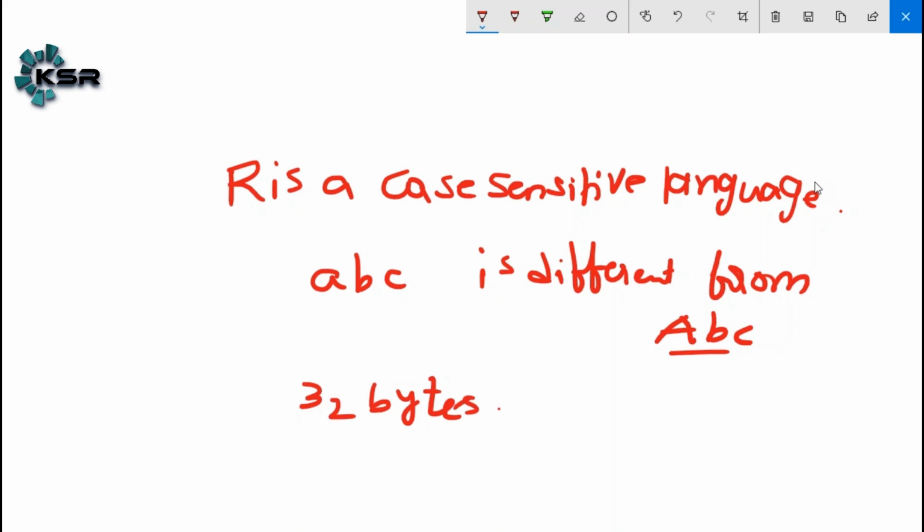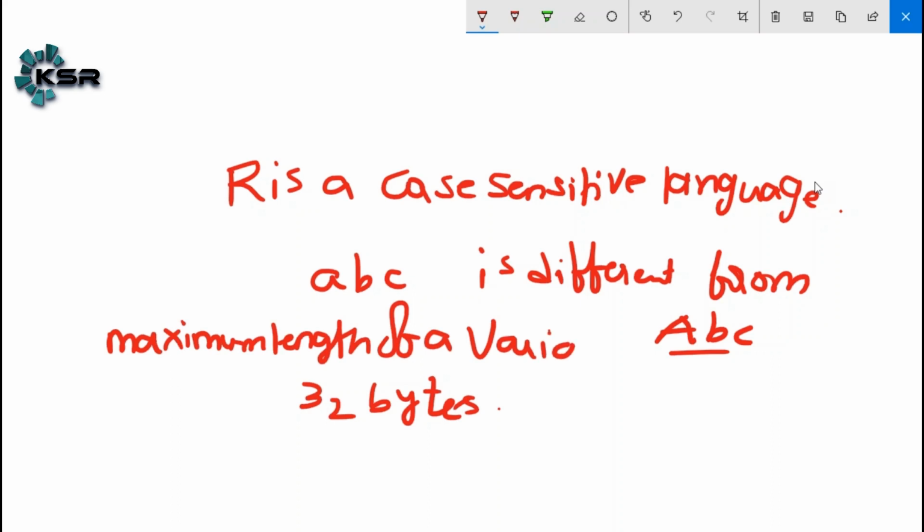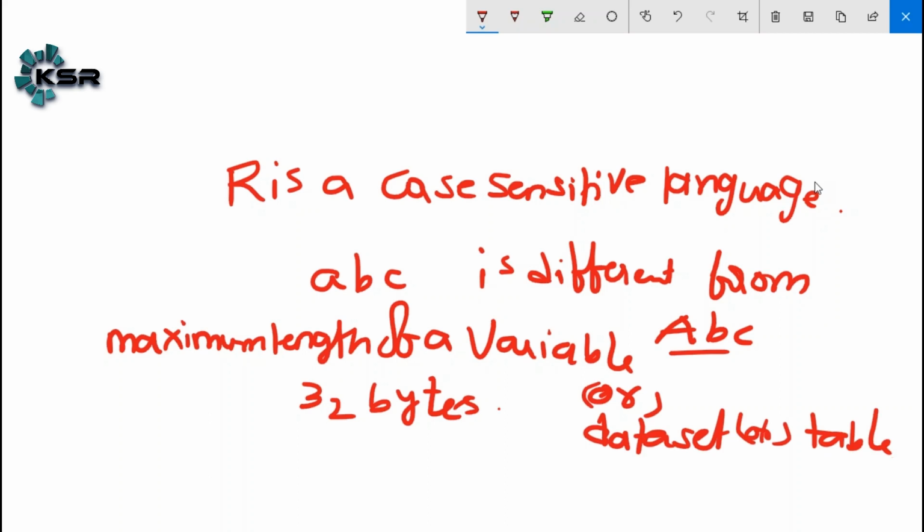The maximum length of a variable, which is nothing but a column in the data sense, or a data set, which basically means a table, is 32 bytes.